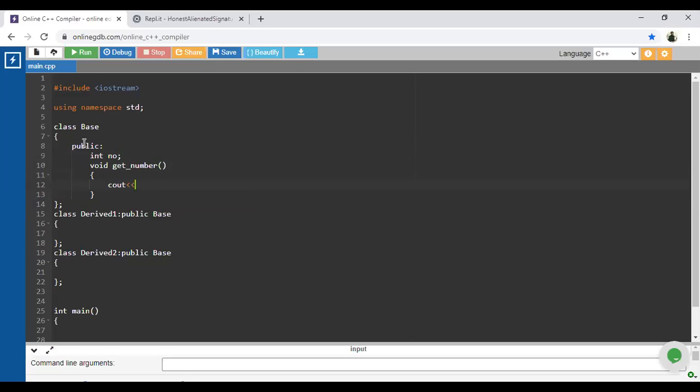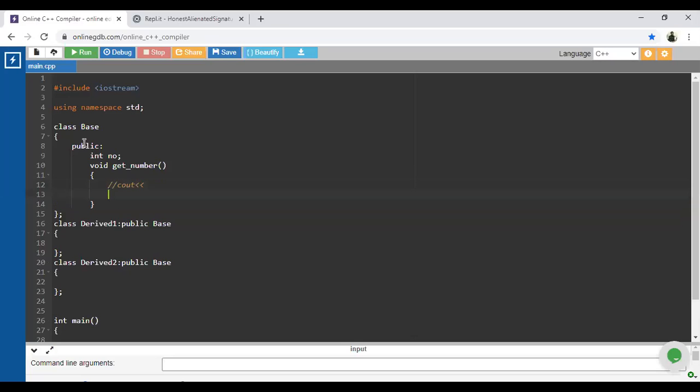Okay, suppose you want to accept data from the user, then in this case just write cout and cin. And suppose you want to directly initialize that particular variable, how are you going to initialize it here, guys? Instead of cout and cin, directly write no = 10. Directly initialization is done, and this particular 10 is directly given to each and every derived class as per your choice.